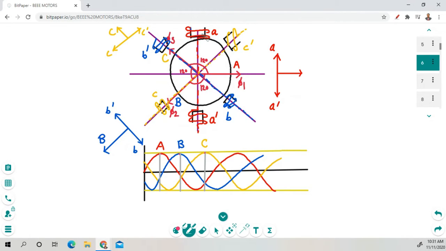This is one phase, A and A dash, the first phase. B and B dash is the second phase, and C and C dash is the third phase. So when you connect the winding,